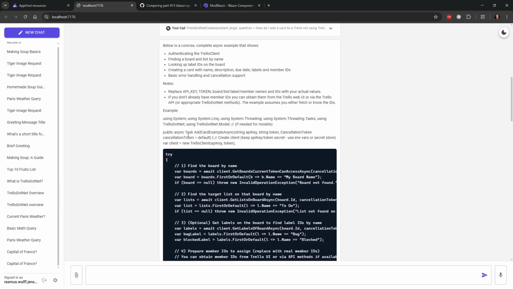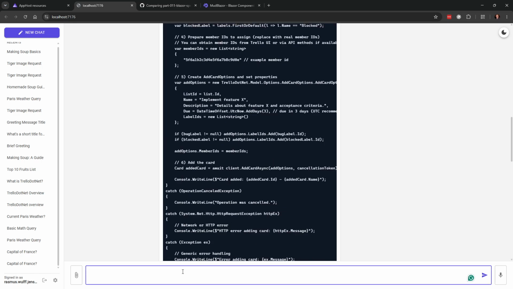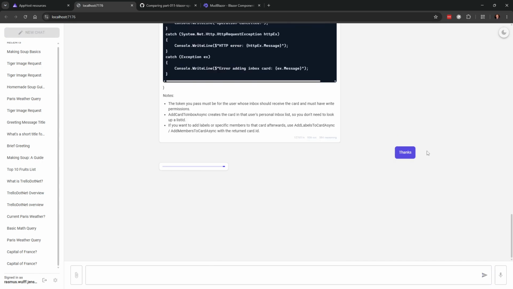The output, you can see, is also being formatted now. Previously it was just raw text. Now it's formatted as Markdown using something called Markdig, M-A-R-K-D-I-G. If we say thanks, for example, it moves down, and as we are generating, there are progress bars, so we can understand what's going on.